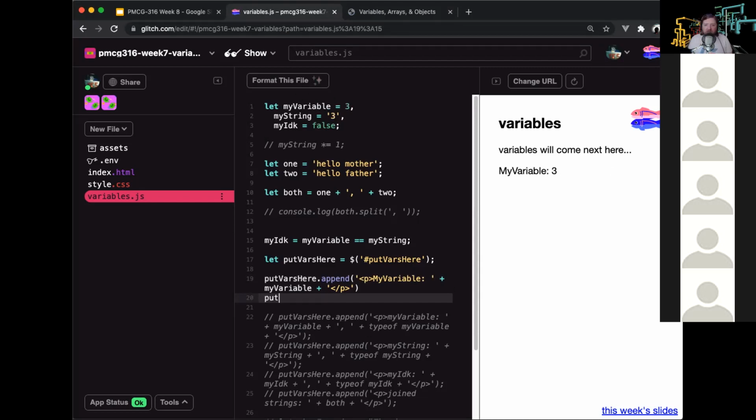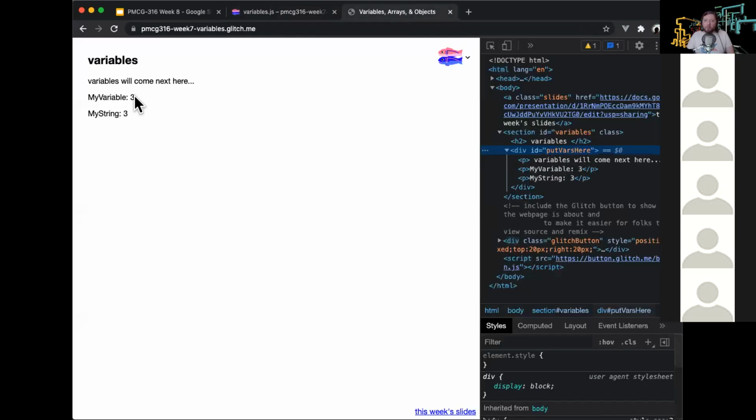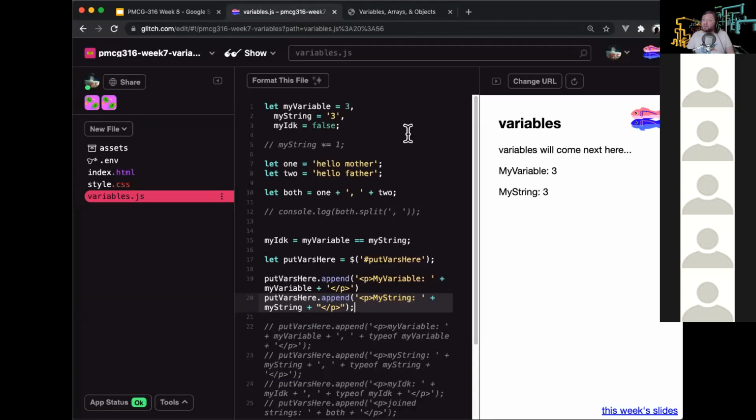Let's just add... now it would be handy to be able to tell, once we inject these into the document like this, we've lost touch of what those variable types are. It would be handy to be able to see that. So let's just add